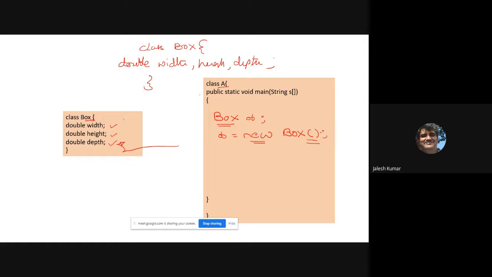It is called default constructor. Later we will discuss this. What is constructor? That is a very important question that we will see later. Anyway, whenever you are creating the object, you use the name of the class, the name what you have given, that itself you give, open brace, close brace. Now you can access that. That is ob.width. It is possible to access these variables: ob.height, ob.depth.